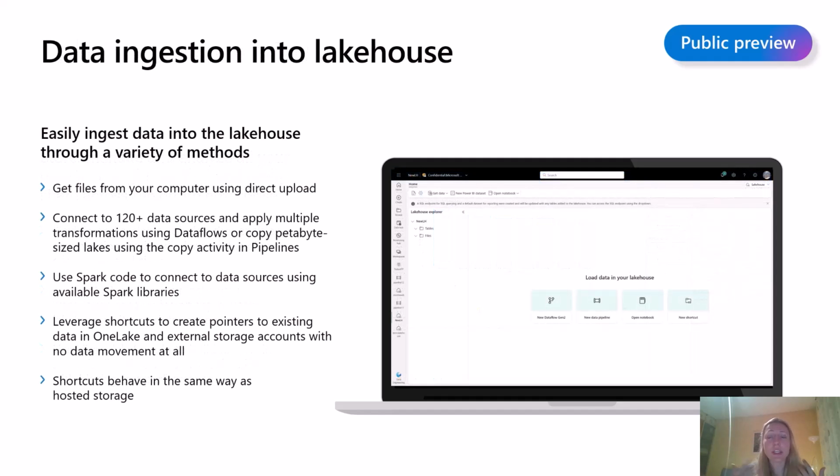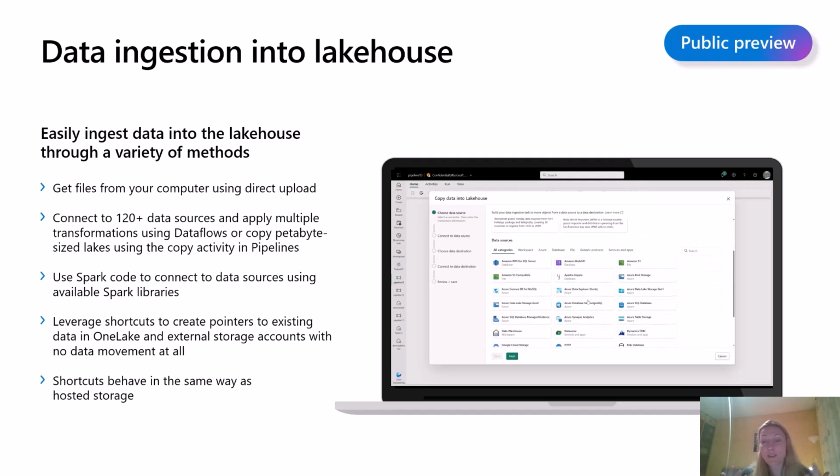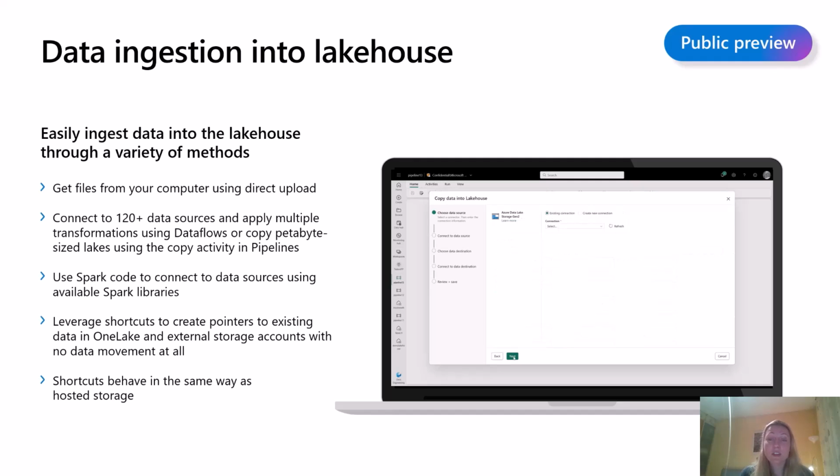Now, how do you actually get your data into the lakehouse? Well, here we're also providing our users with a variety of different capabilities that they can leverage. The first capability that you're seeing on the screen over here is pipelines. So if you're working with massive amounts of data, you want to use something like the copy activity, you can just leverage and create a pipeline directly from your lakehouse. Your lakehouse becomes an output